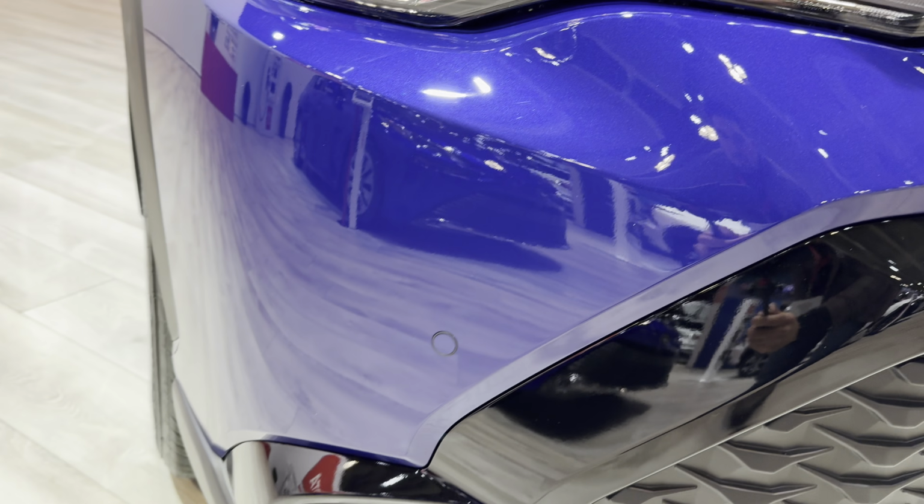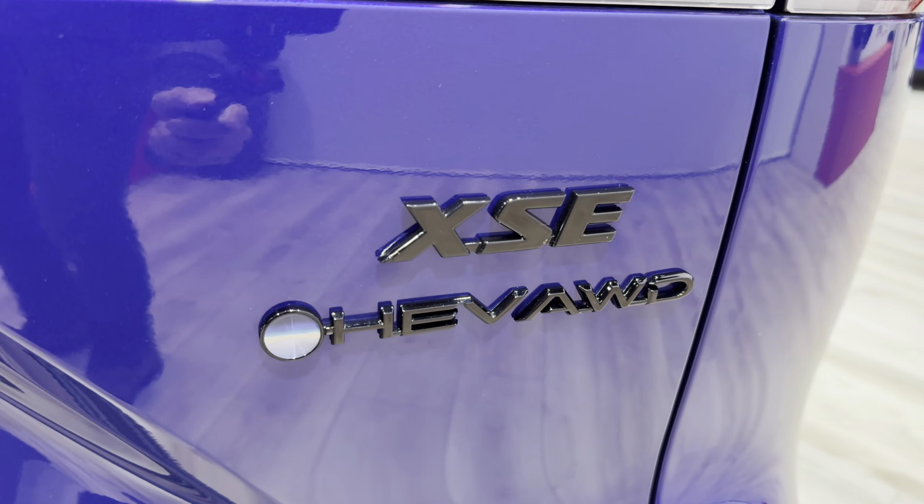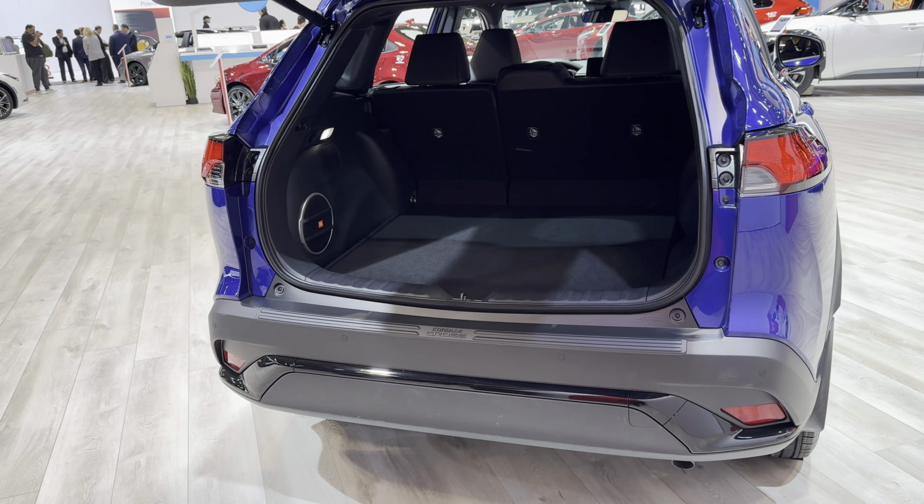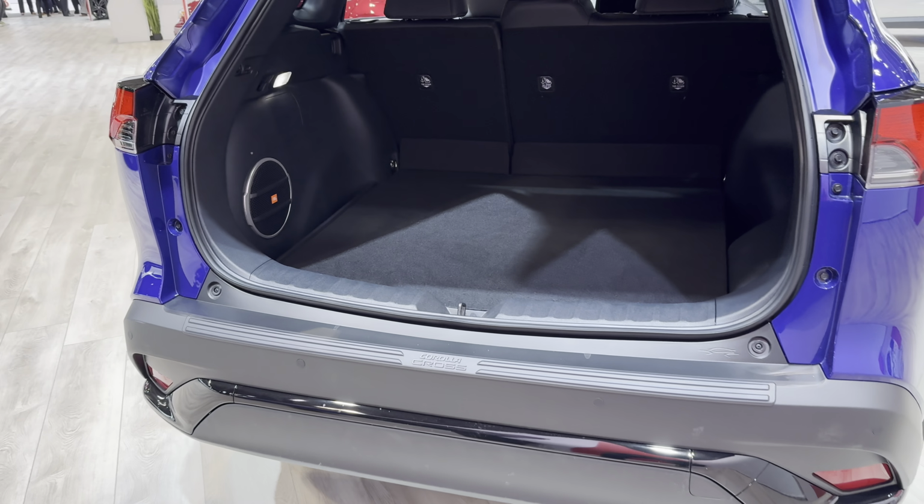We have pricing for the 2026 Toyota Corolla Cross and Corolla Cross Hybrid. And the main question in this video: yes, there has been a price increase from the 2025 model to the 2026. And the debate is, does that mean Toyota is closing the gap between the pricing and selection of the Toyota